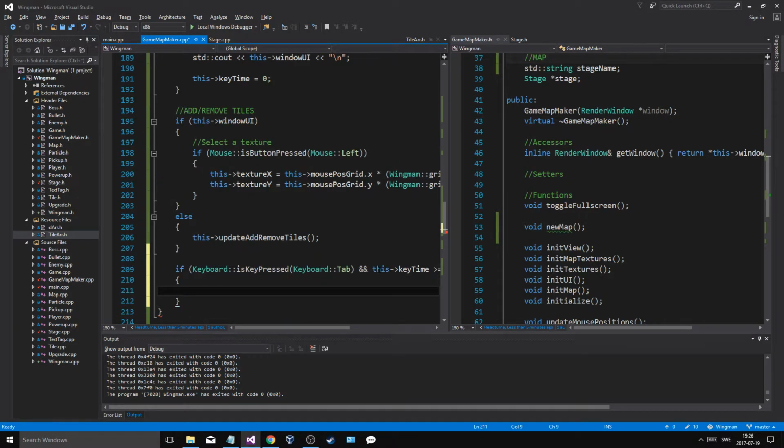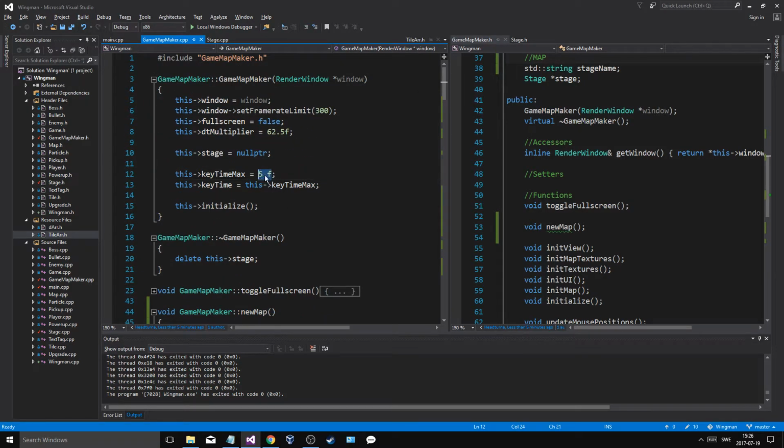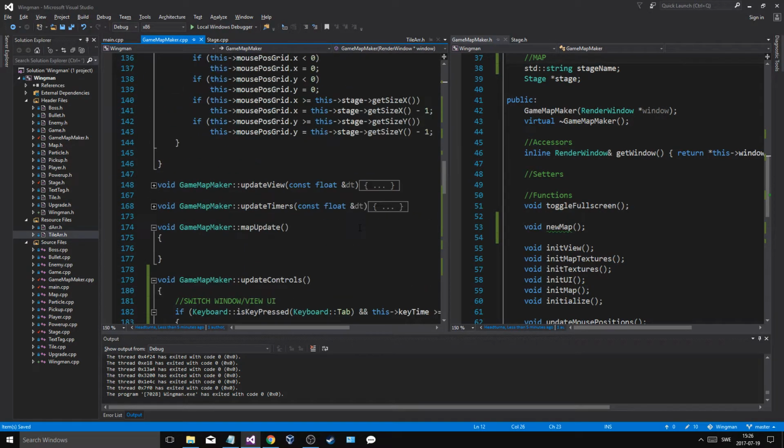Key time max. And what happened to my key time max? I mean, it's kind of weird. Let me do that at 2. Let me put that to 10 again. And then,